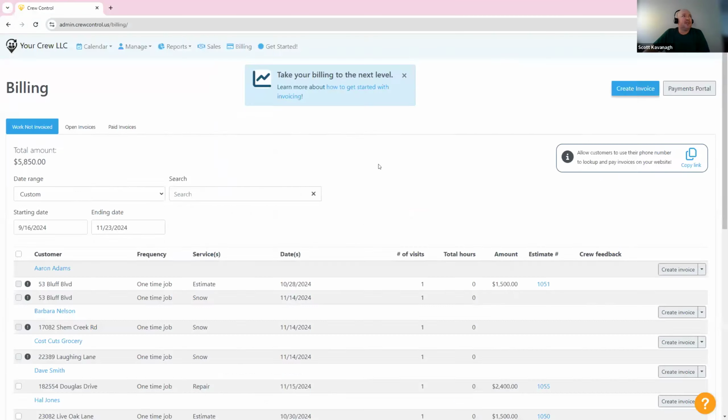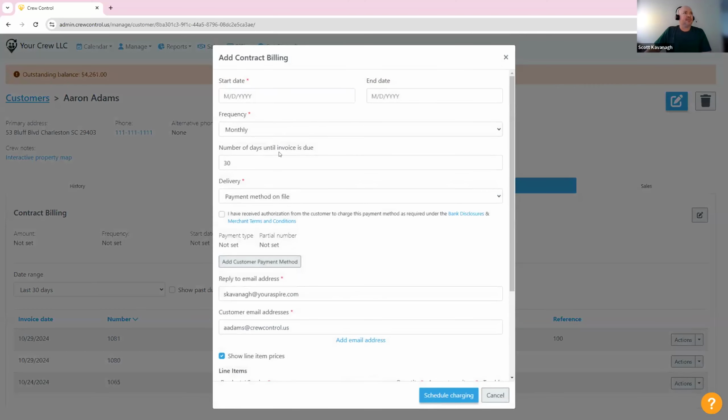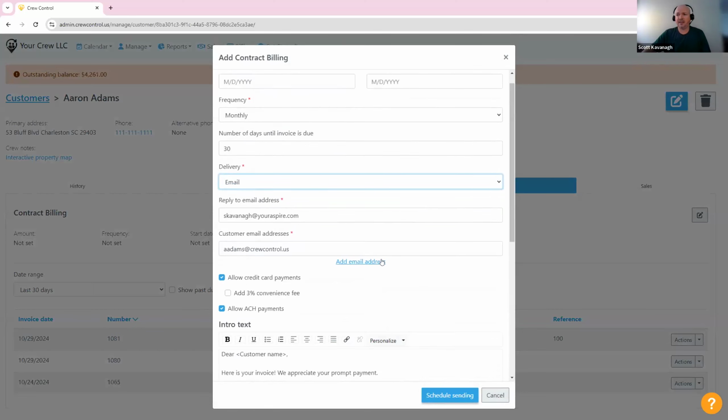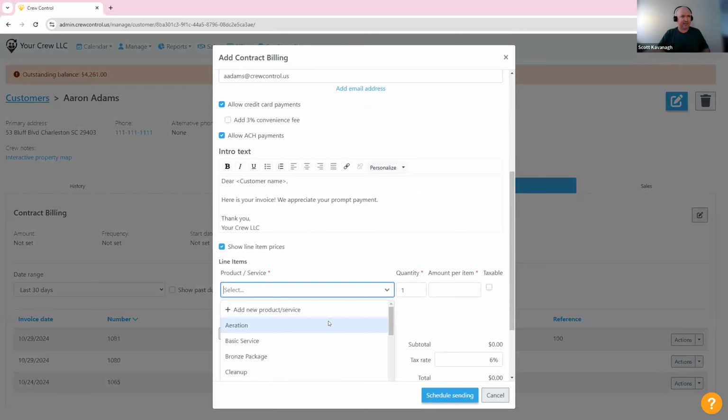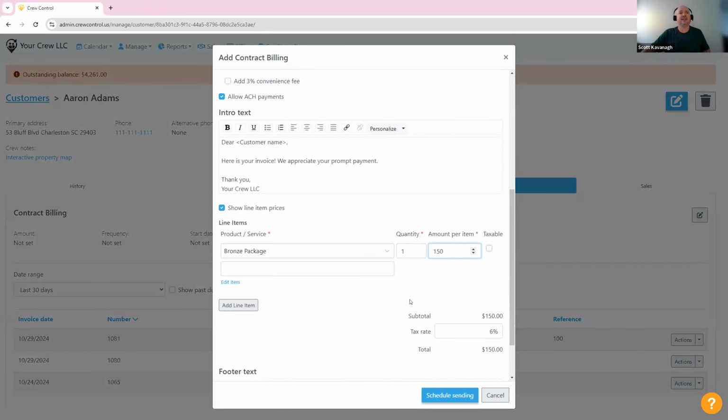And then next up for billing on a customer record, if you haven't been enrolled in our payments processing system, or if you're a Canadian customer and that's not available, we have now allowed contract billing to be a feature that is available to you. You'll be able to schedule emailed invoices out. So if your customers are on a monthly contract and there's a set price for that contract or package, you'll be able to set that up and send emailed invoices